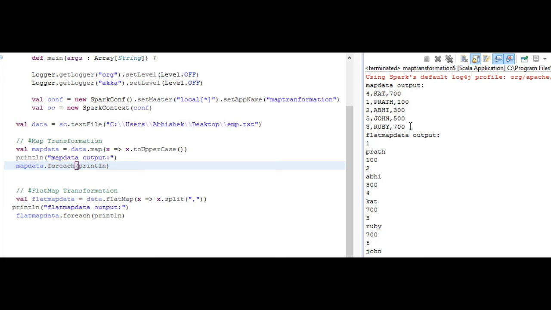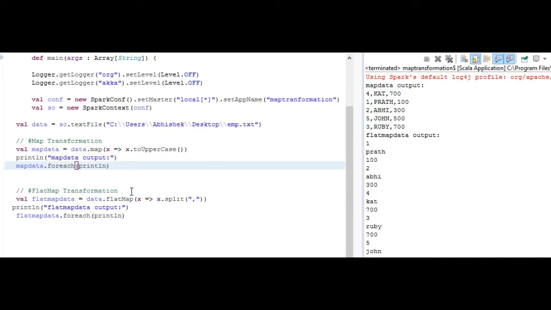If you have noticed, the integer values didn't get affected by the uppercase method, only the characters were. What we conclude is that in the map transformation, the number of elements we pass in is the same number we get out. We passed 5 elements to the map transformation, and in output we are getting 5 only.